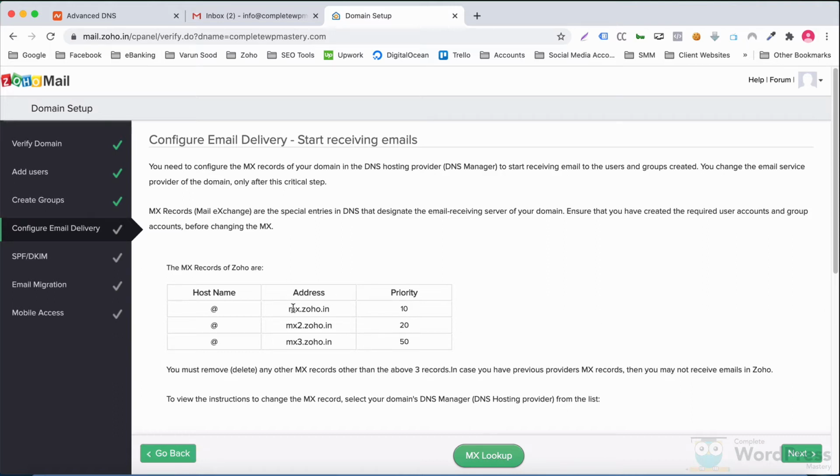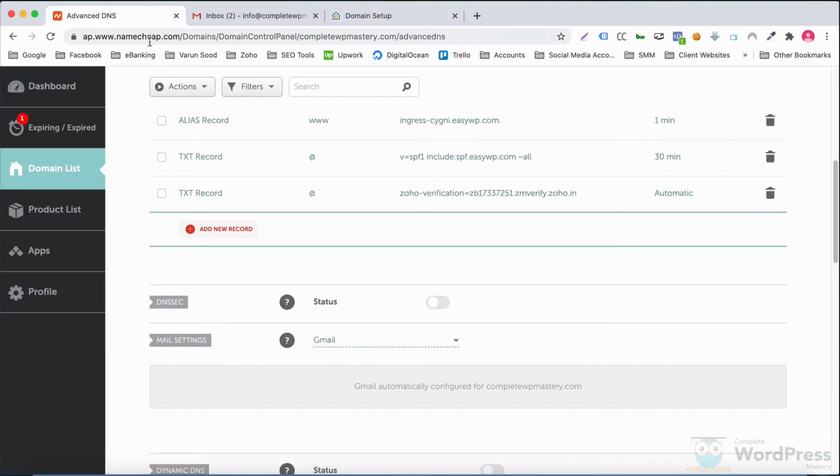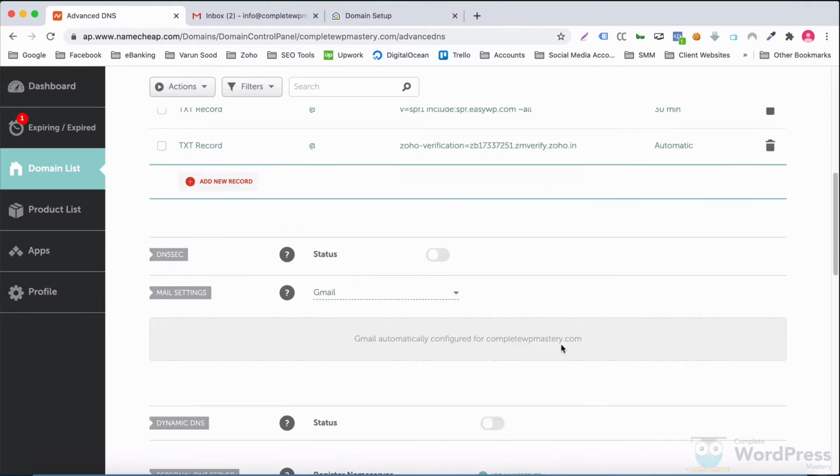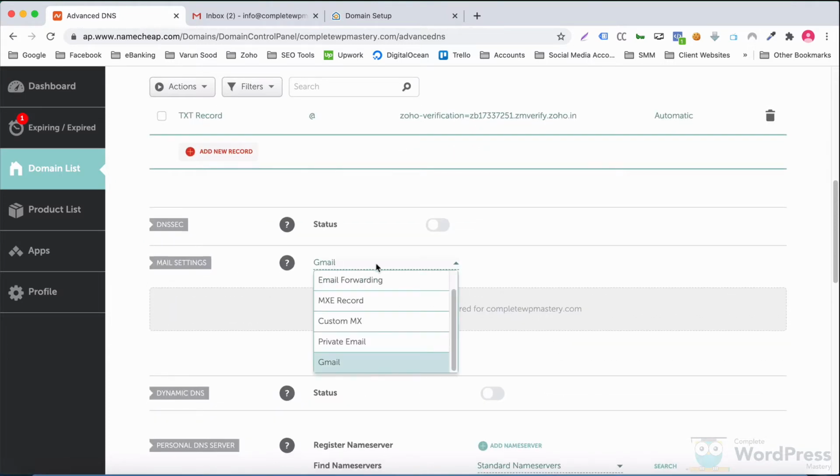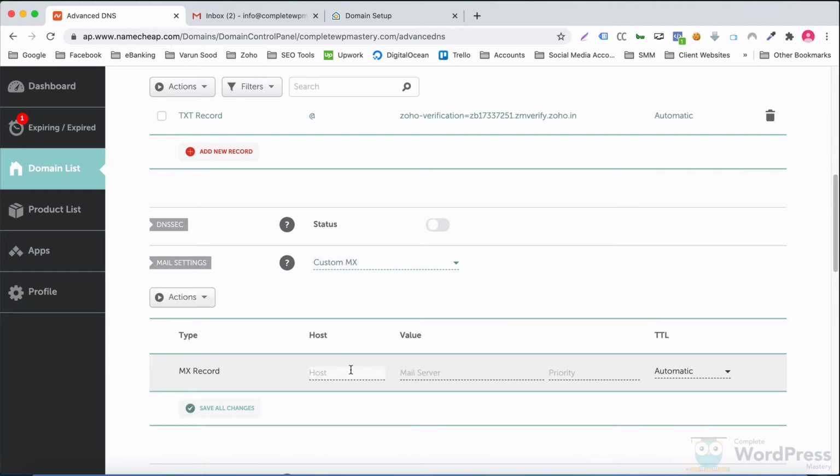So let's copy these records one by one and create these 3 MX records inside Namecheap. See, there is no option for Zoho Mail in this list. So we'll select Custom MX and create the MX records one by one.